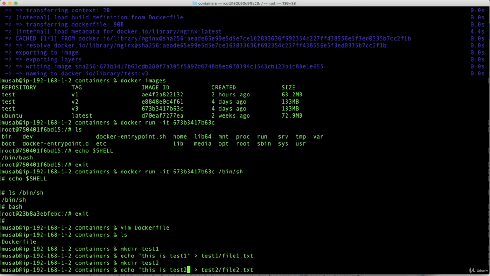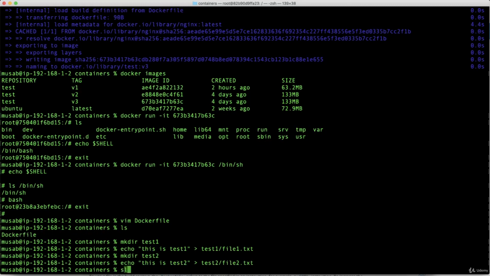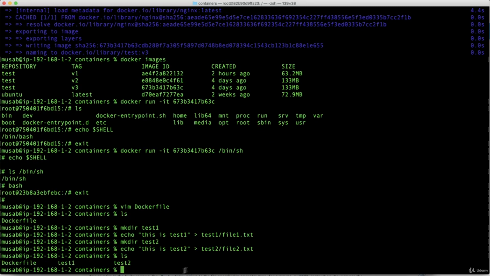It's very simple actually, just a test. Echo "this is test2" inside test2, which is the directory we created, and it has file2 this time. So file1 is inside test1, file2 is inside test2, and the text is "this is test1", "this is test2". All right. Okay, so far so good. If I type ls like this, you can see so far so good. Okay, now let's open the Dockerfile,